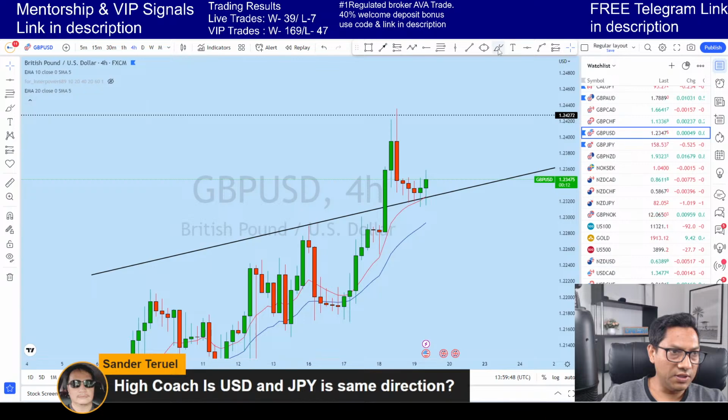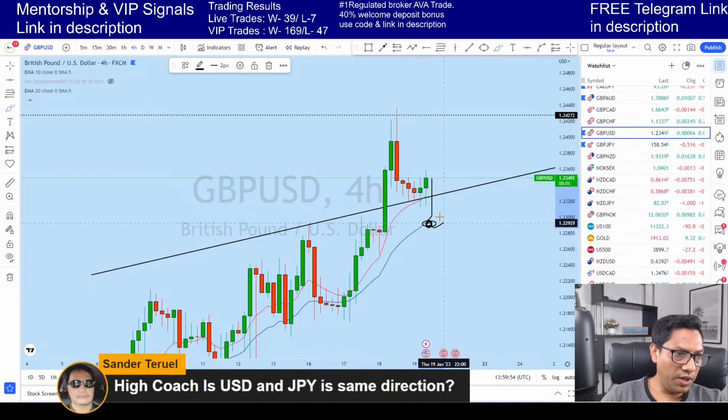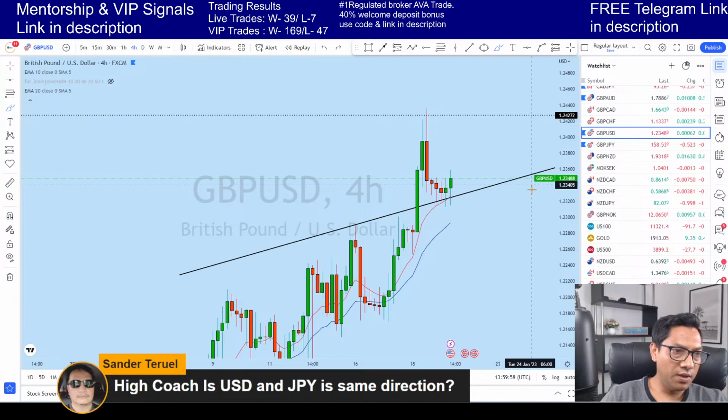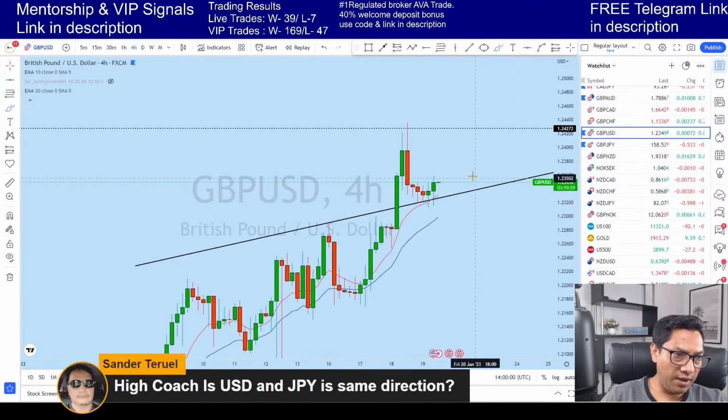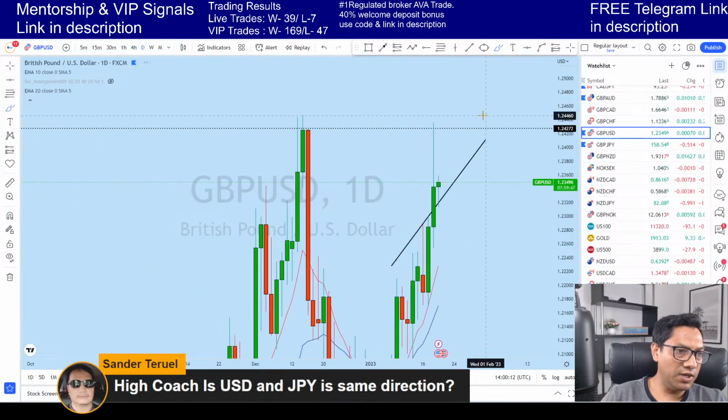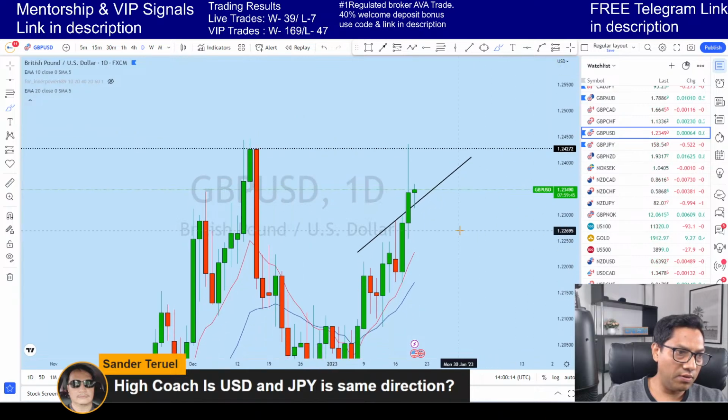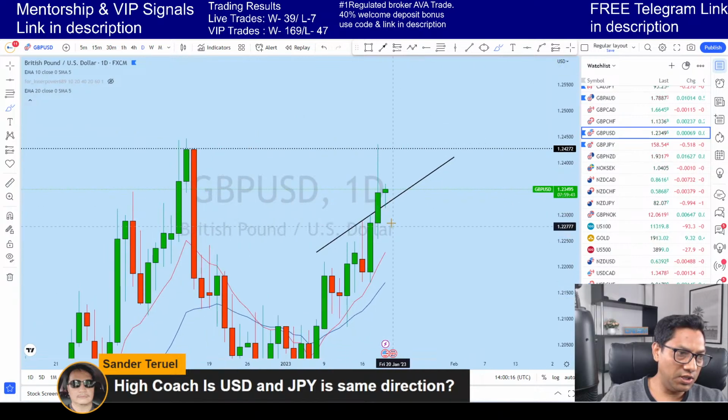if this instrument drops from here to this 20 EMA zone, that will be a good place for a potential buying opportunity, and there is a high probability that the price is going to do that. Okay, from here it will drop to this liquidity zone where there is a 20 EMA, and from here we could see again a bullish move. So if we look at daily with that notion, then we could see that this price